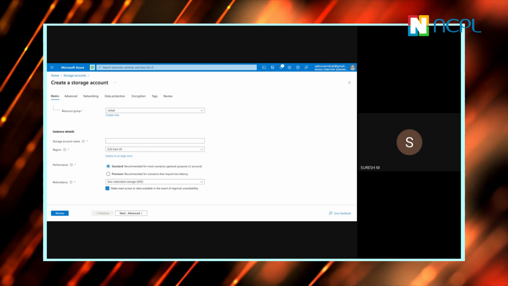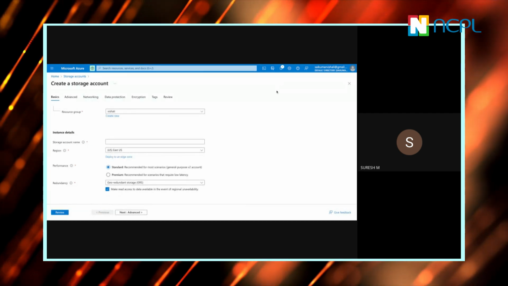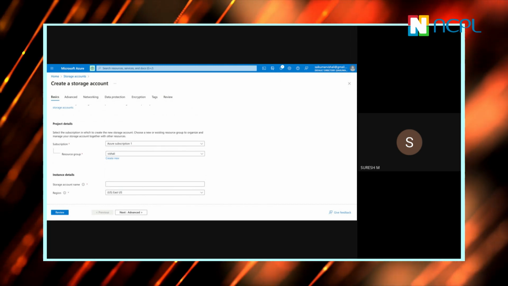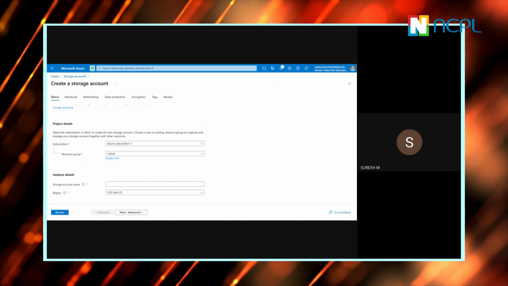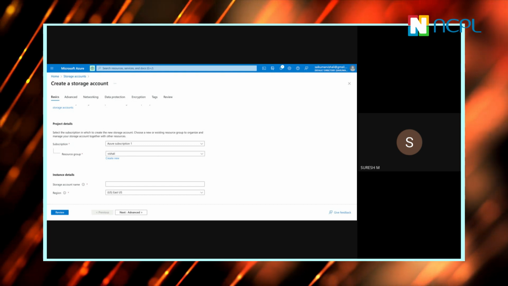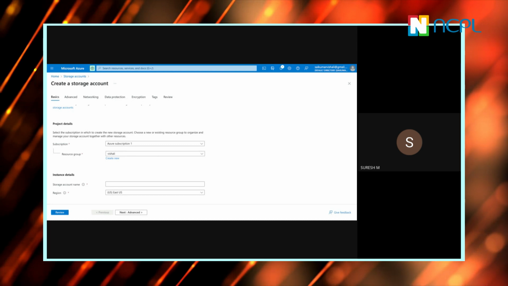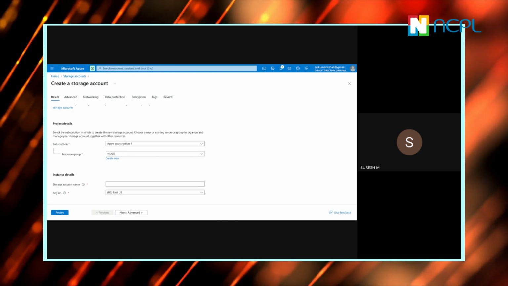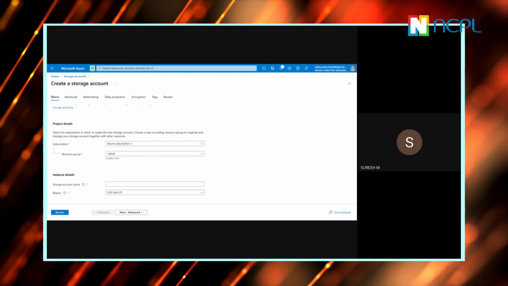Vishal, just scroll a little above the resource group. Whenever you create any storage account, you are required to know about your resource group. A resource group is a container, located on the top. From there you start deploying your services.